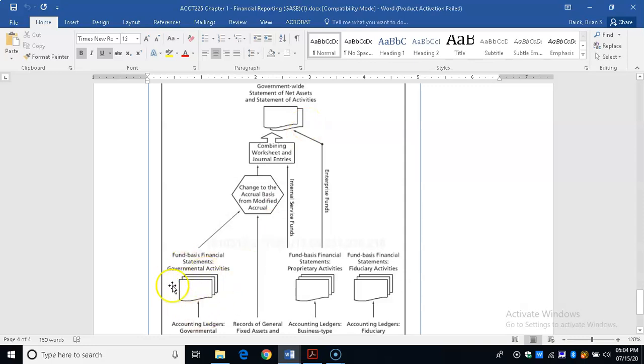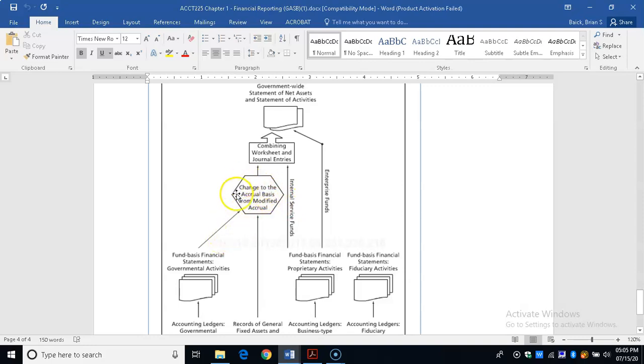But governmental fund activities do go into the government-wide, but the problem is that the governmental funds are prepared under the modified accrual basis of accounting. But government-wide financial statements are under the full accrual basis of accounting. So we have to change from the modified accrual to the full accrual so we can combine everything here at the top under government-wide. So in Chapter 8, we're going to be talking about converting from modified accrual to full